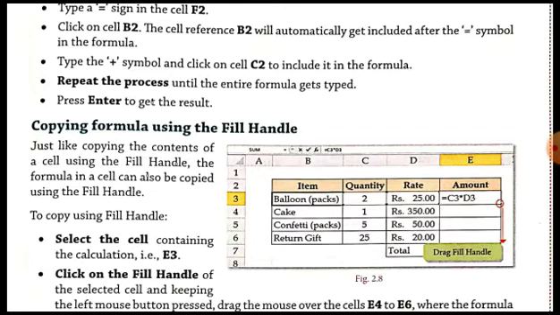See, the fill handle is a plus sign. If you look at a cell very closely, at the bottom right corner of the cell, if you select the cell, a very small plus sign will be displayed over there. That is the fill handle of the cell. Just by dragging the fill handle, you can copy the contents of the cell, and you can also copy the formulas of the cell into other cells. The formula in a cell can also be copied using the fill handle just by dragging it.